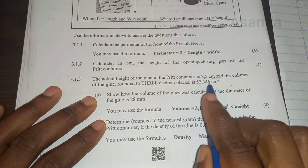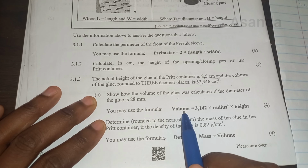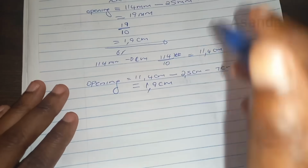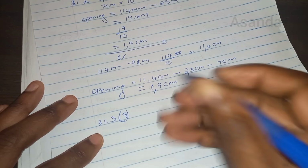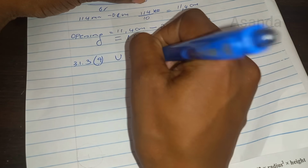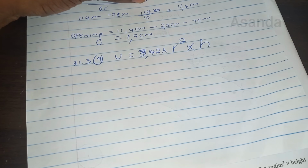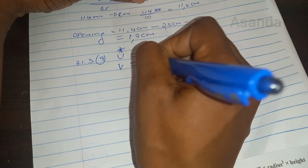Again, we've calculated the volume for you there. Now what we want you to do is go back and calculate the volume again using the dimensions that we have given you. Very well, I'll do that. The formula for volume, so they want us to calculate the volume. So volume is equal to pi. Okay, let me copy it exactly the way they gave it to me. Volume is equal to 3,142 multiplied by radius squared multiplied by the height. So the unknown is going to be volume. I'm noting that volume is equal to 3,142 times